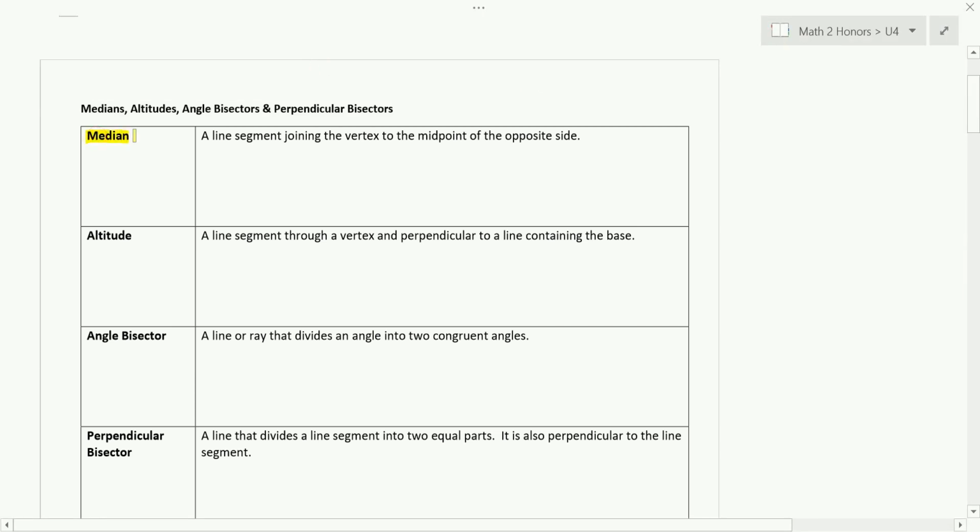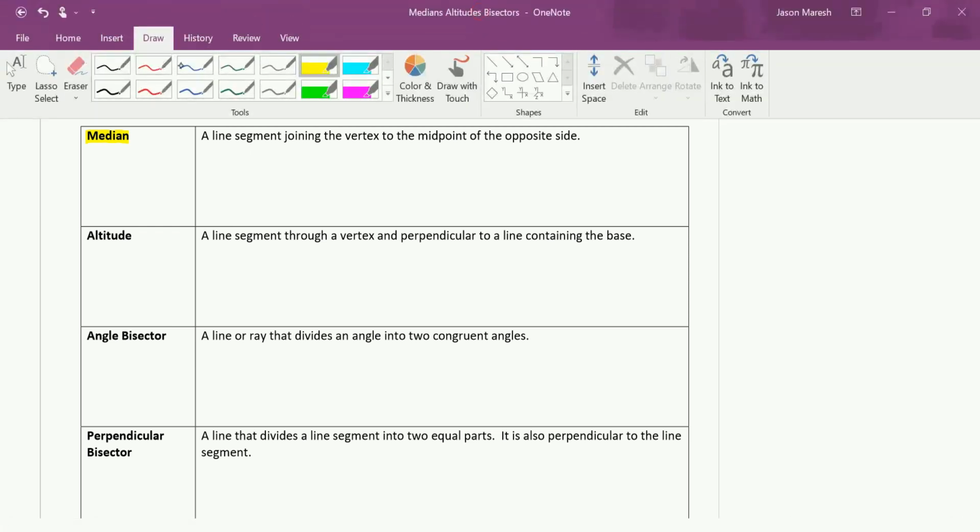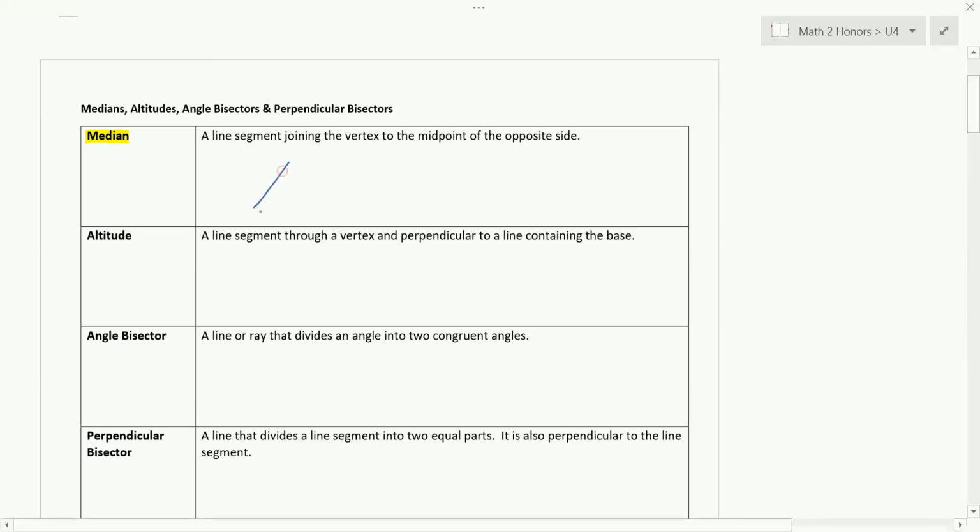So the definition of a median is that it's a line segment joining the vertex to the midpoint of the opposite side, and this is talking about a triangle. So median is related to a triangle. So if I draw a triangle, first of all, the median is going to be a line segment